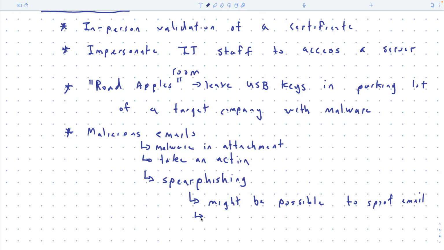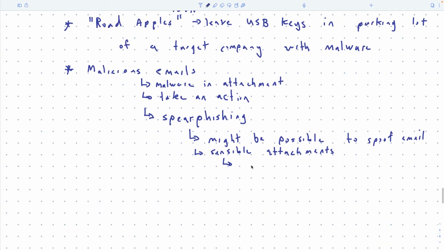It's a highly targeted type of email. And then it might get you to try and take an action, or there might be malware. So sensible attachments, that kind of thing. So it's not like some weird email that's in broken English and is promising you $100,000 if you just give your banking details and things like that. This is like the other end of it. So it's highly personalized.